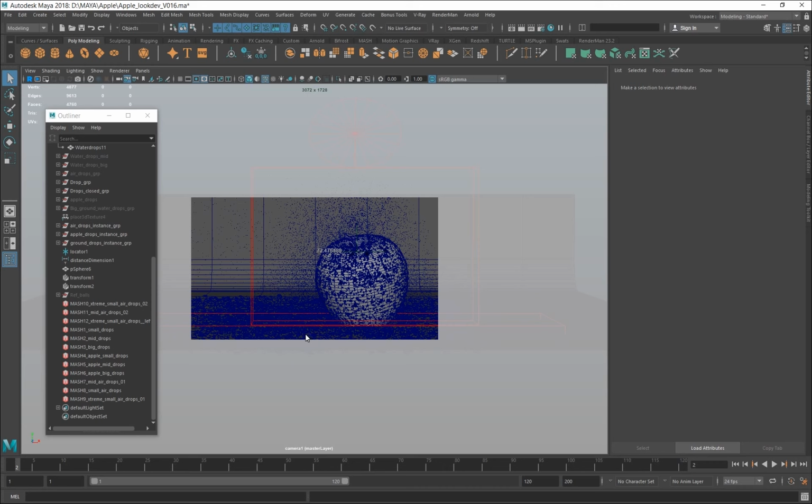When I'm using the bigger focal length, all the water drops come very near to each other, so that gives me the look of tightly packed water drops on the ground, and that was the composition I was going for. So that's the reason I've put the focal length to 300.